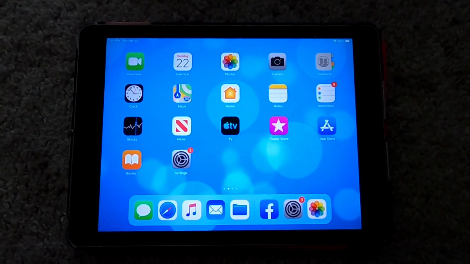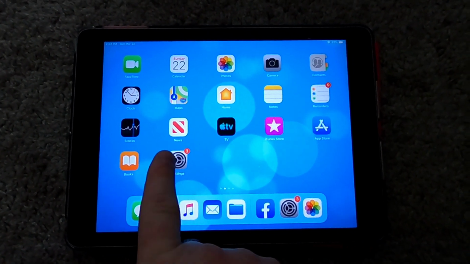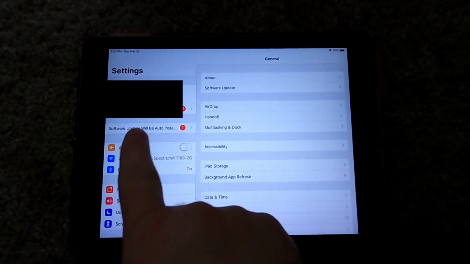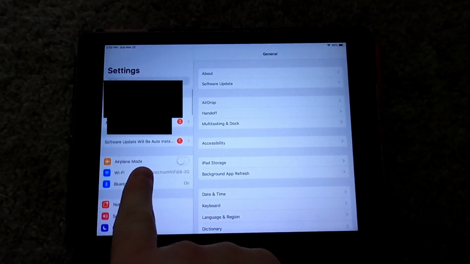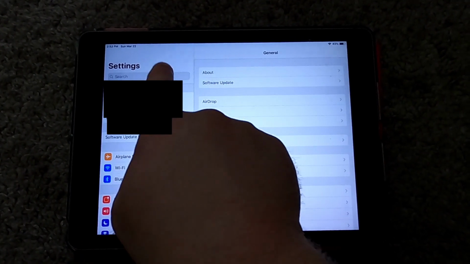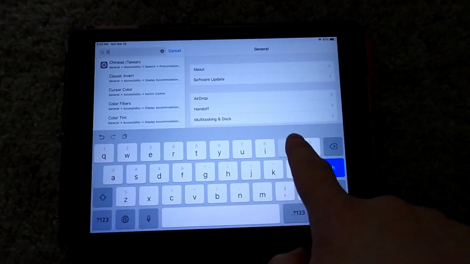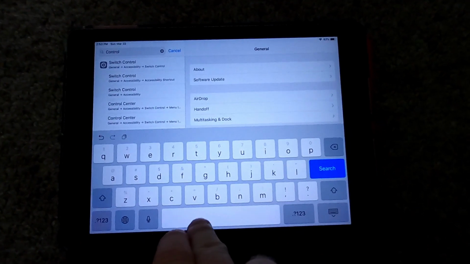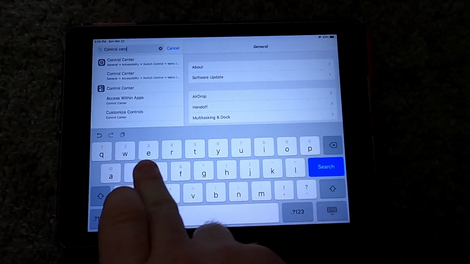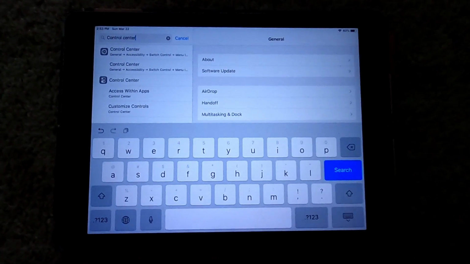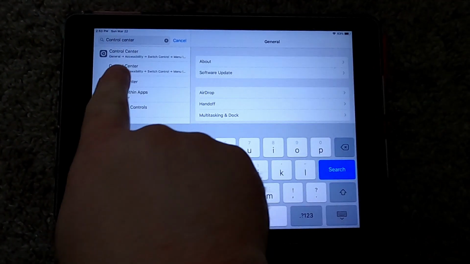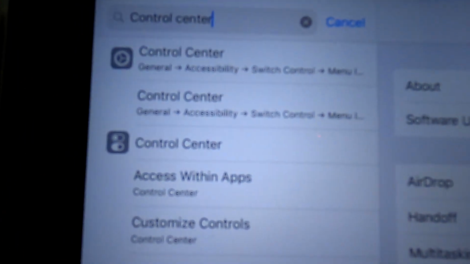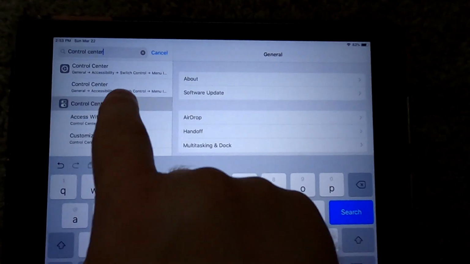The first thing you need to do to set up this option is click Settings and open up your Settings menu. Now, on an iPhone and an iPad, you need to swipe down, and it reveals the search bar up here at the top. And you need to type Control Center. So it opens up the Control Center right there. Now, I know it gives you other options there, but you just want the one that says Control Center. So click on Control Center,